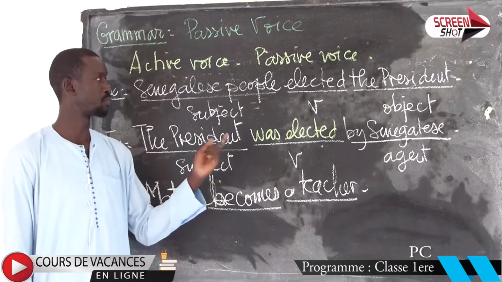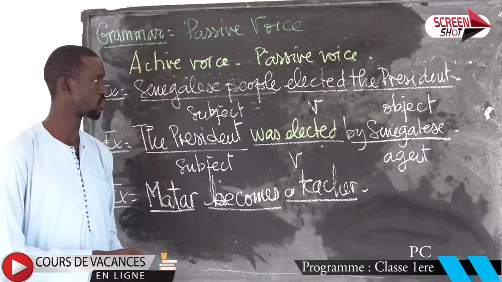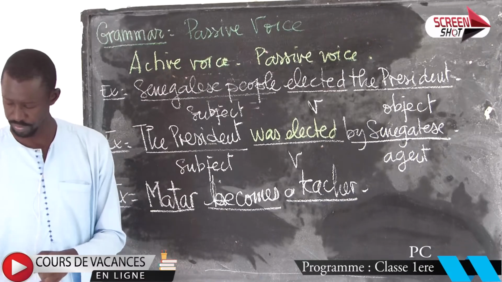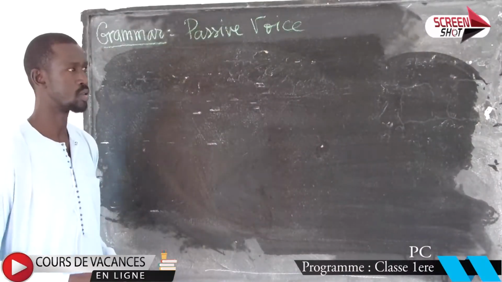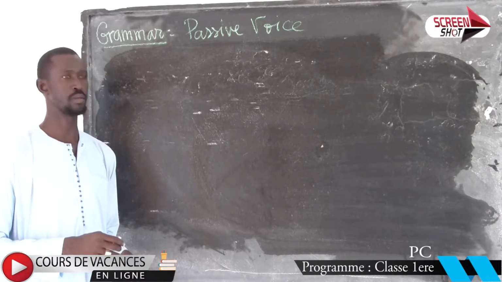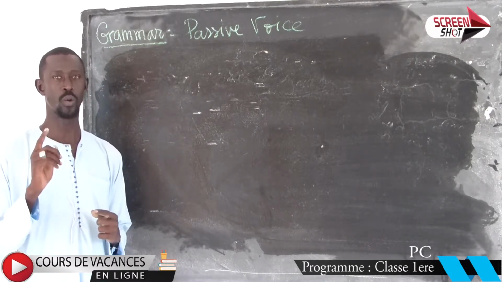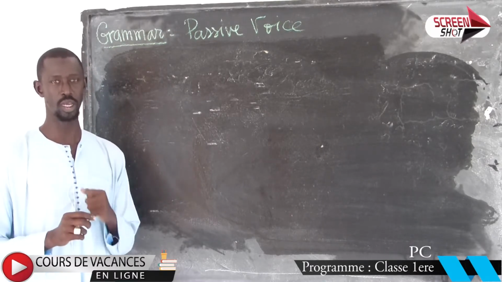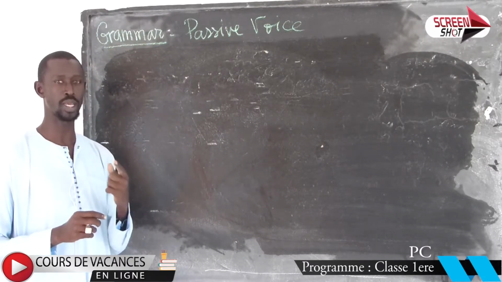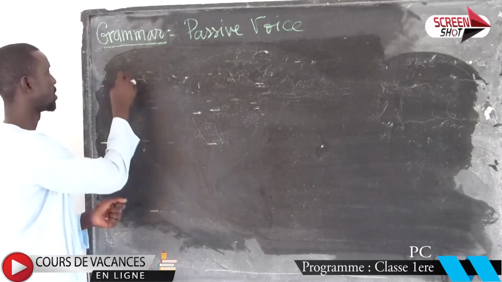To show you that the passive voice is not only to take active voice and turn it into the passive voice. But now we are going to see when to use normally the passive voice. So we are going to see when we have to use the passive voice. Most of the time they say that the passive voice is used if who or what does the action is unknown. There is something done, but we do not know exactly who or what did the action, so here we use the passive voice. For example,